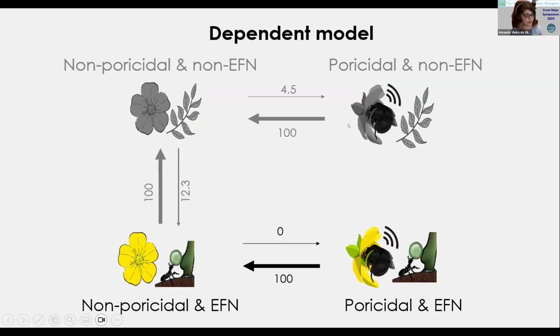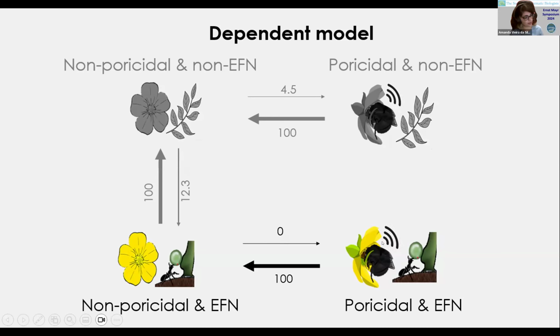But we are interested in plants that are simultaneously involved in these two mutualisms. So plants that have poricidal anthers, that are buzz-pollinated, and plants that have extrafloral nectaries, so plants that are protected by ants. And we can see here that if plants have these two traits, it's highly likely that plants lose the poricidal